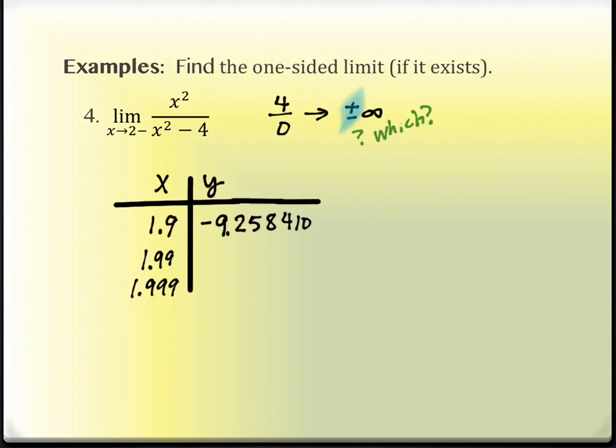So on my screen, I'm just writing all those down for us for later. And then if you arrow down, you can see the next one. And again, down at the bottom, it gives you more decimals. So I've got negative 99.250627. And then if I arrow down one more time, I get negative 999.250063.